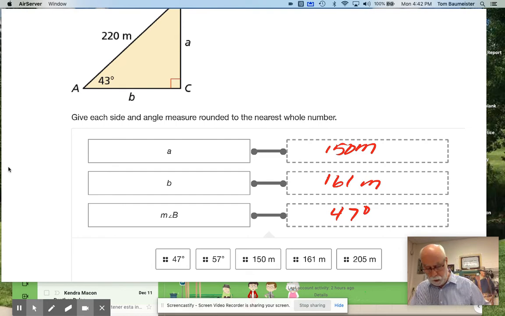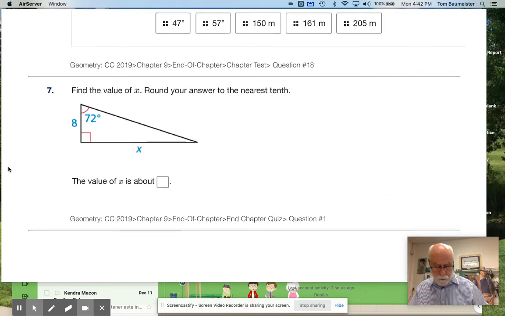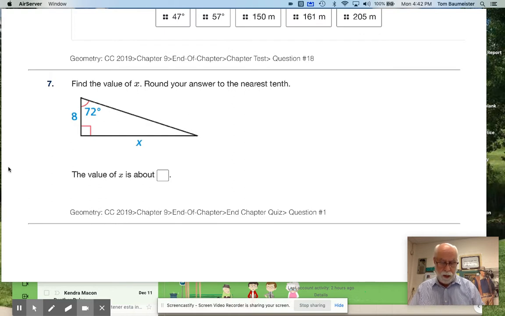Okay. Pretty straightforward, I hope. Remember, we're always talking about stuff like that. So find the value of x and round your answer to the nearest tenth. So again, think about SOHCAHTOA. If I go here, this here is my opposite, here's my hypotenuse, here is my adjacent. So what am I going to use? On this one here, I'm going to use tangent, because here's an x, and there's my 8. So we're going to say that the tangent of 72 degrees